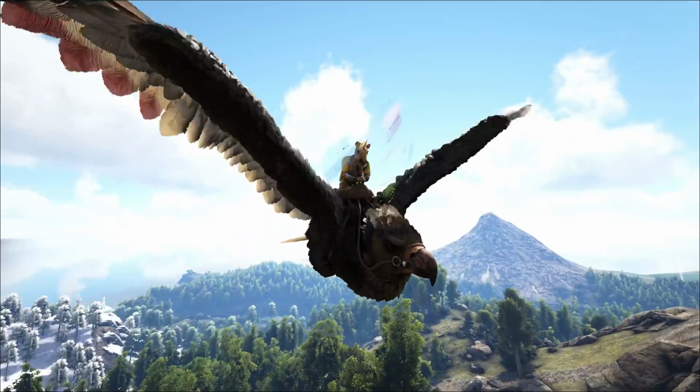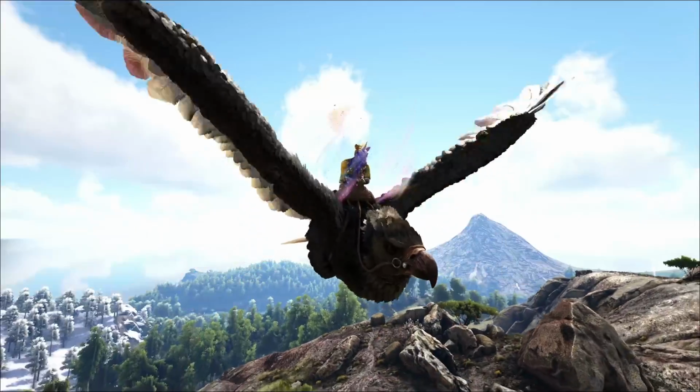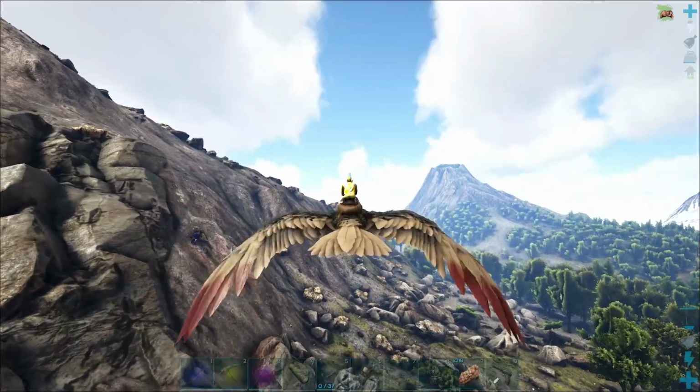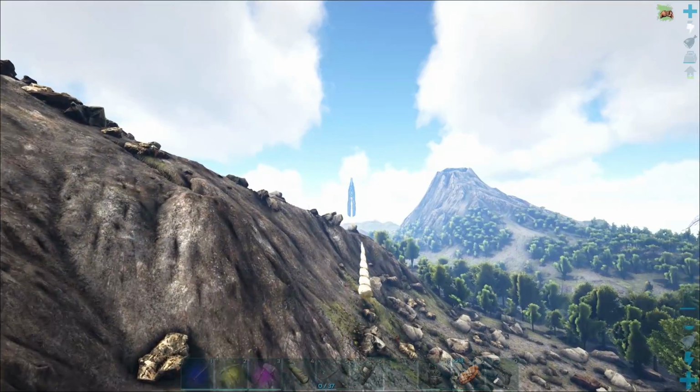So I'm flying over to our next really cool base location, and I noticed that if you go first person as you're flying on the RG while using a unicorn chibi,